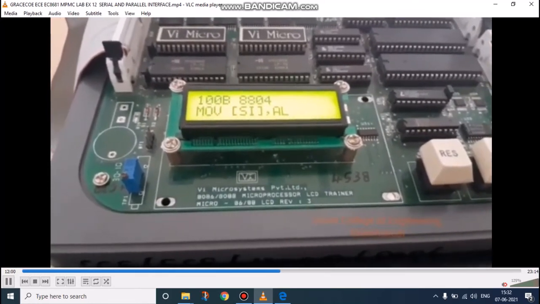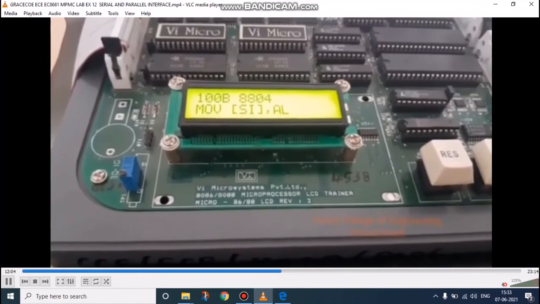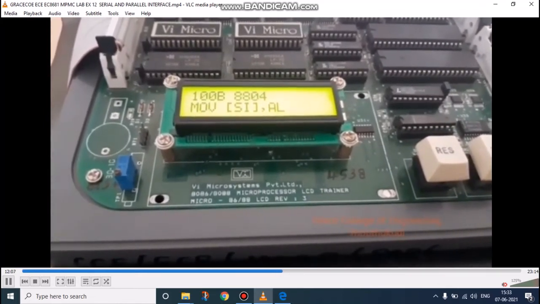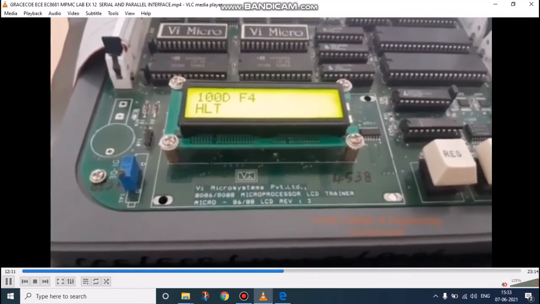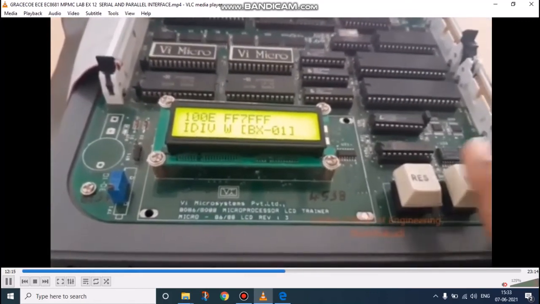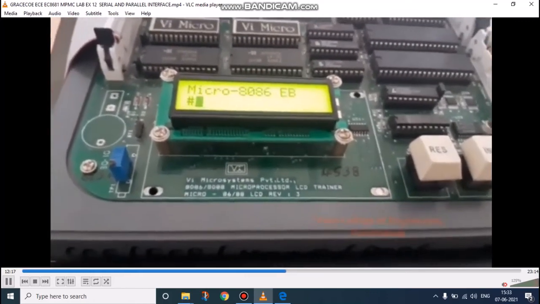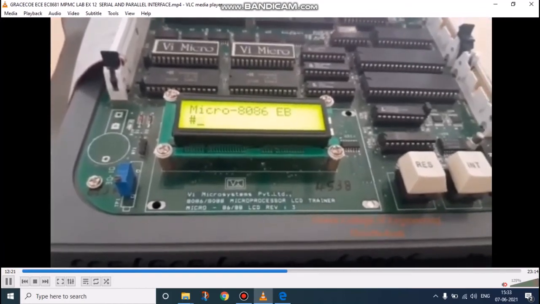Source index value is 1500, which we have already given. Then halt the program. Then we have to click next. Then we have to give go 1000 for executing the program.